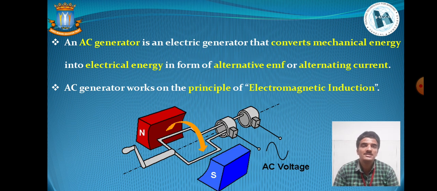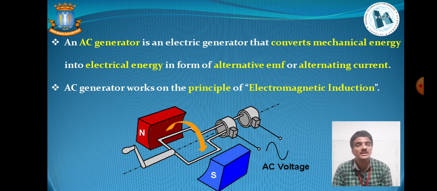Here in this pictorial representation, you can see the construction of the AC generator, where two magnets, a North Pole and a South Pole, are placed parallel to each other. In between, various apparatus has been designed in such a way that one can utilize the output current generated inside the AC generator as AC voltage. So we will now look at the construction as well as the different parts of this AC generator.